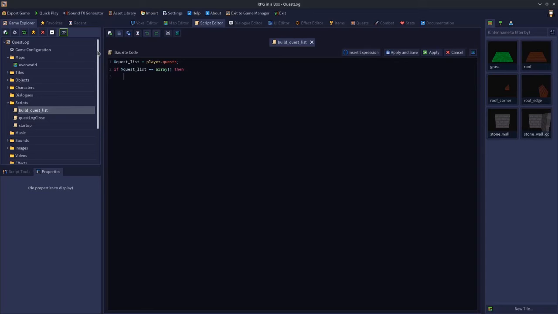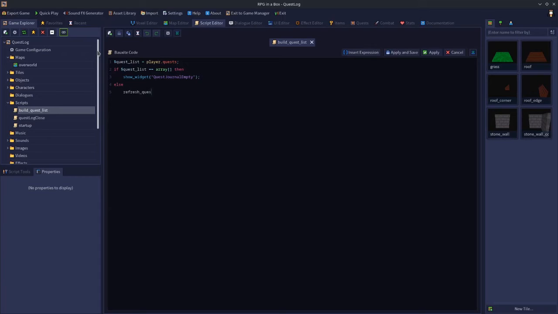So if we've just started the game and we're clicking that scroll, in this case, what we want to do is show widget quest journal empty. That's the one that says no active quests on it. We want that to show. However, if it's not an empty array, i.e. there's at least a quest in there, but there's probably going to be more, we want to run a custom function,